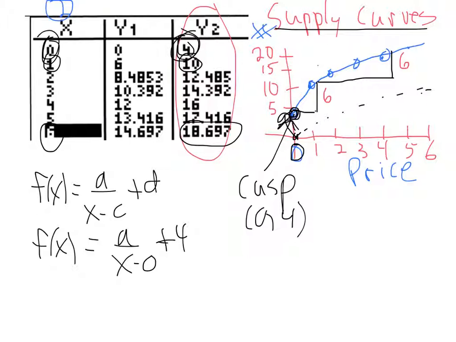Or you could substitute in, and I'll show you how that starts. If you're going to substitute in, you pick a point. For example, (4, 16) is nice and easy to pick. So we could have our y value set at 16. And we substitute in 4 for x plus 4. And if we were to figure out what that is, we would end up with an a value. Let's actually go ahead and do this over here. So I'm going to minus 4 on both sides, and I would get 12 equals